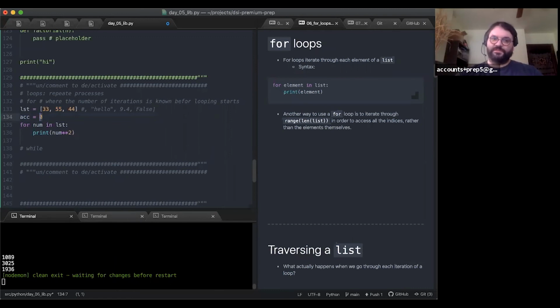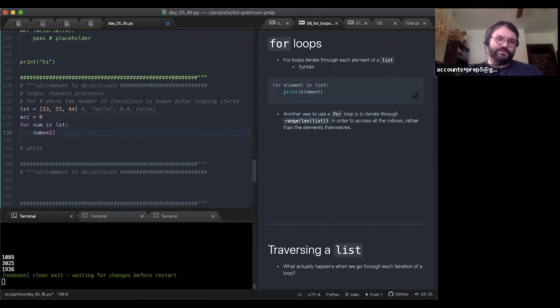It doesn't have to be a number. There are list accumulation and string accumulation patterns as well, but we're just going to look at numeric accumulation. Sometimes you'll start it at a different value, but in this case, we'll start it at 0.